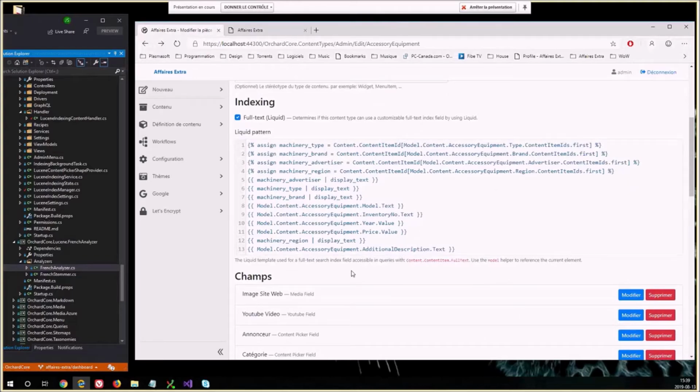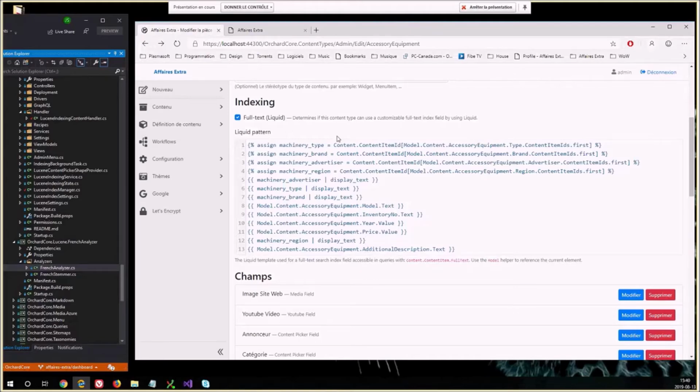I don't really understand why you include the year or the price, because I'm not sure it will work. Like if you search for 2019, yeah, that might work. You will find all the equipment that was built in 2019. You see, that's the idea. So he's including all the things you want to be able to find this item from.